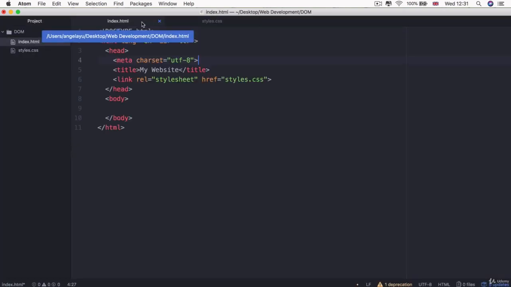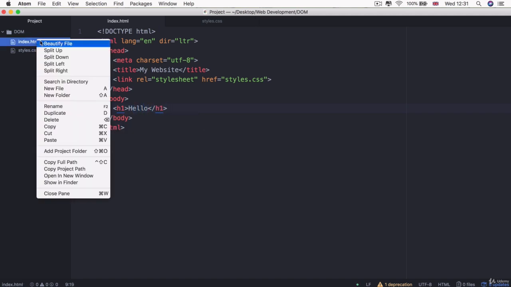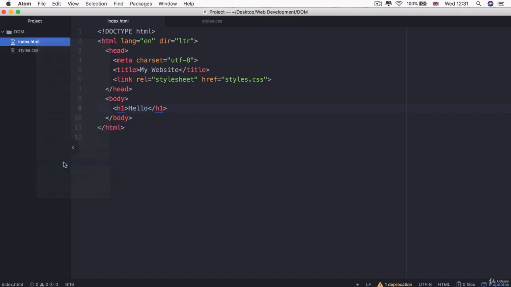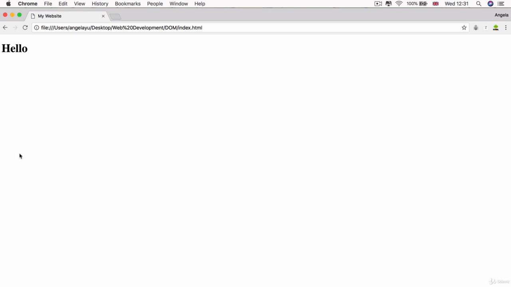Now it's completely blank, and that's totally fine because we're not going to be using it for a while. And we're going to head back into our HTML, and we're just going to add a heading that says hello. And this is all we have as our simple website. And you can see it doesn't look very exciting at the moment. Now, what if we wanted to insert some JavaScript? So previously we've been working a lot with alerts, and what if we can get our website to load up